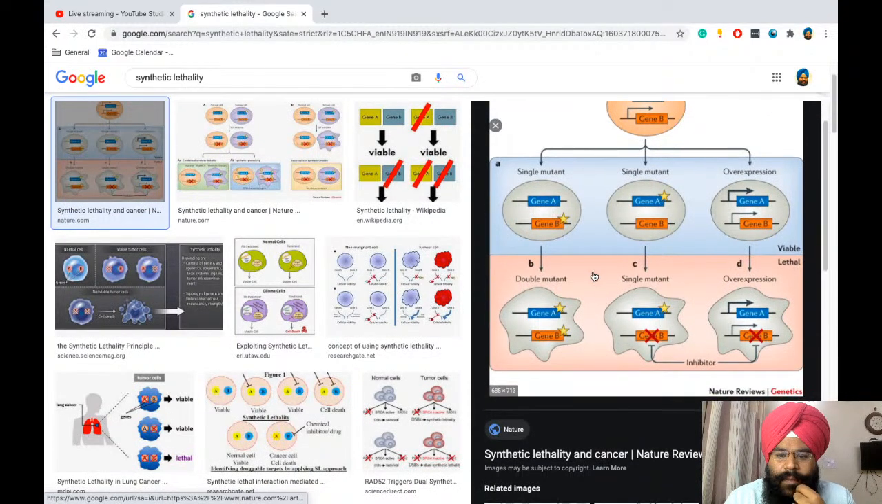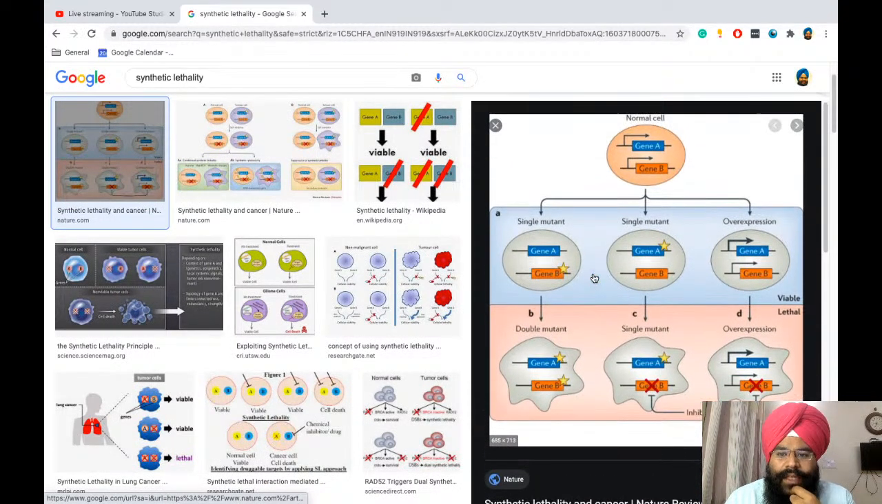So this is an example of synthetic lethality. This is a normal cell, and gene A and gene B are present. So they produce single mutant and overexpression. So here these are viable genes present. So this is viable, but when they make a double mutant out of them, gene A and gene B both have a star